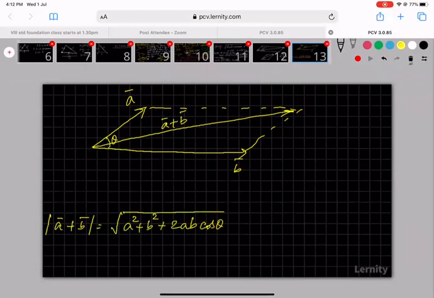I know the length of the diagonal. But how do I calculate this angle? Alpha is what? The same way, you drop a perpendicular to the extended side. This is the perpendicular. If this is B and this is also theta, and this is A, this is A cos theta. We have already done that. This is A sin theta.